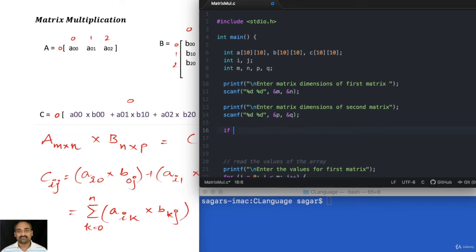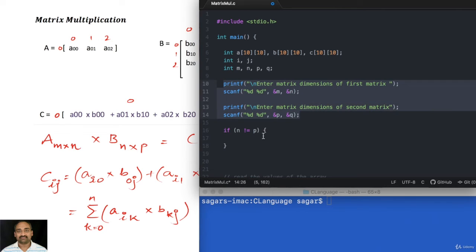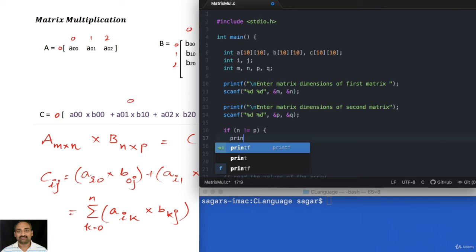So if n is not equal to p, what this means is we cannot perform the matrix multiplication. So what we can say here is printf, since n is not equal to p, we cannot perform matrix multiplication.